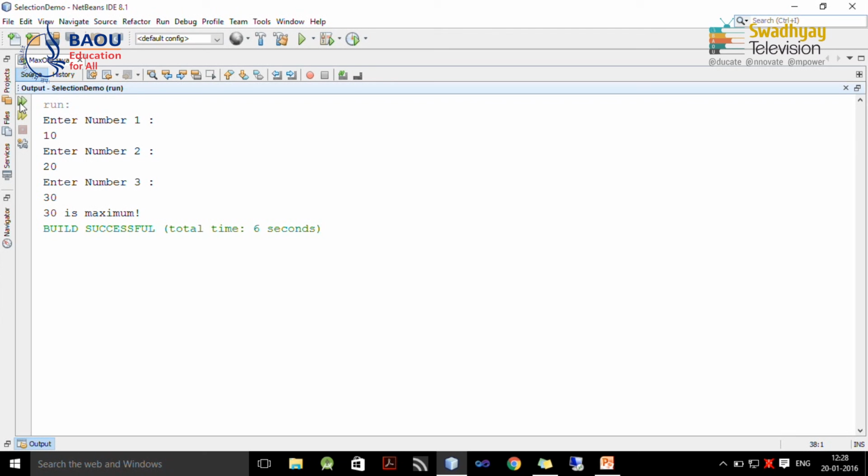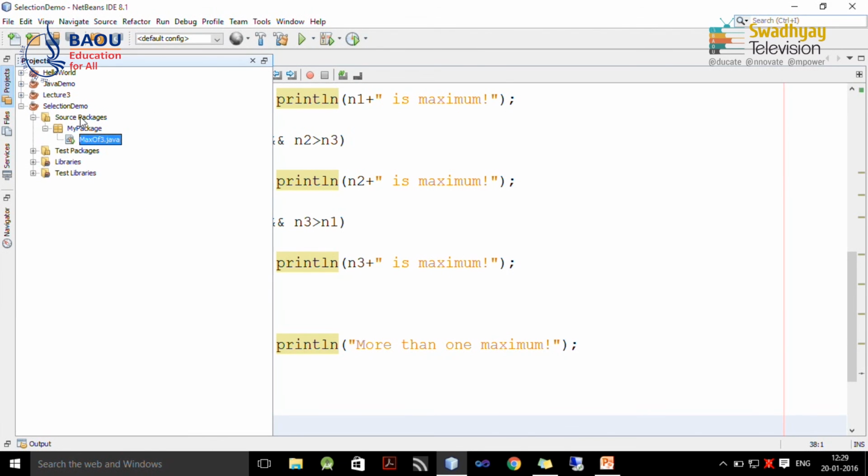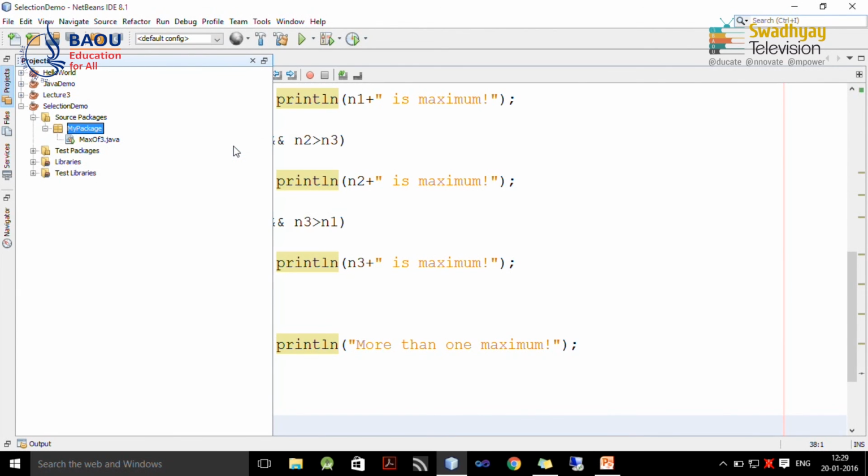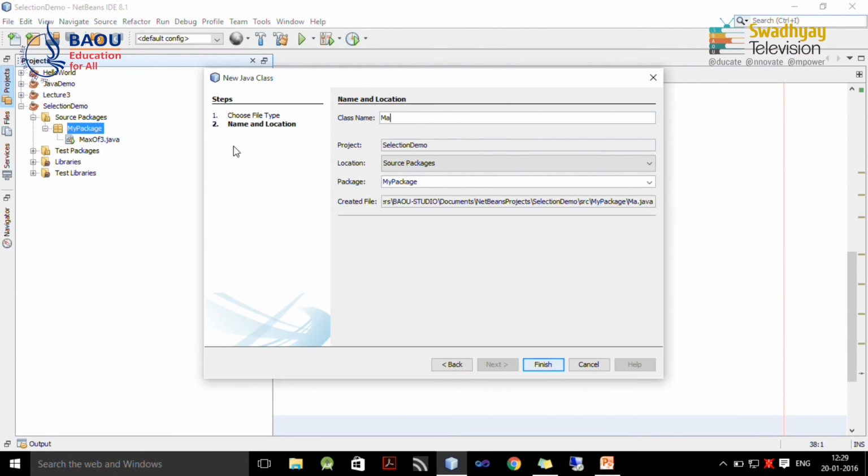The second program we want to write down is to print mark sheet of student by entering marks in 3 subjects. So again we add one class. So go to project, select package, right click, new and then Java class. Now I am going to give class name as MarkSheet because we want to print mark sheet. You have to use appropriate name. So I just press finish, it will be placed inside my package only.